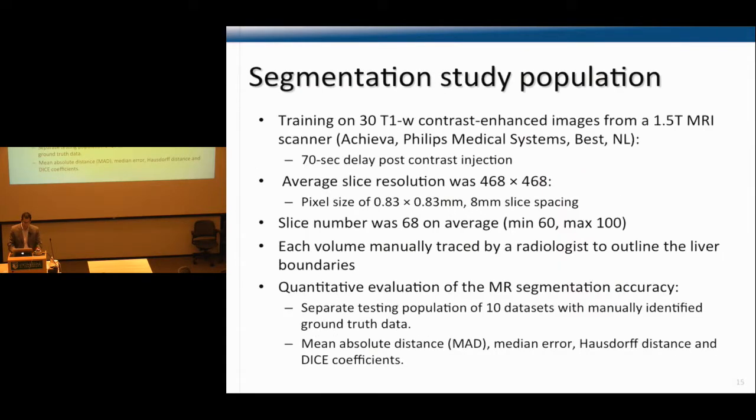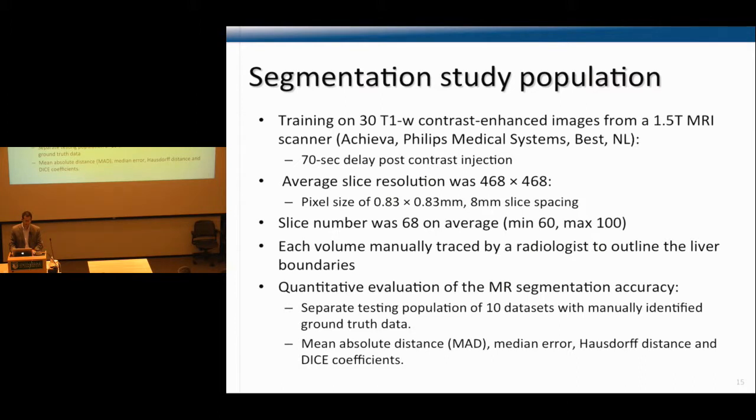So we studied the accuracy of this approach on 30 T1 weighted MR scans with a 70-second delay post-contrast injection. The reason for that specific sequence is that it's lengthy enough to let the contrast agent propagate throughout the liver and give the best contrast in comparison to the background. So by discussing with our radiologists, we found that was the optimal sequence to be used for the training